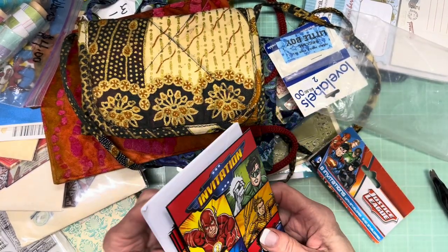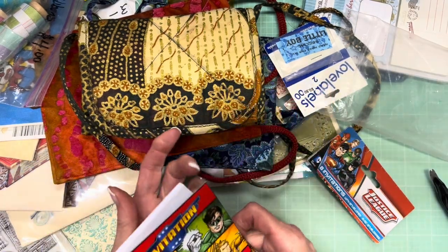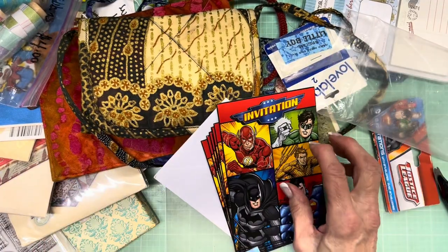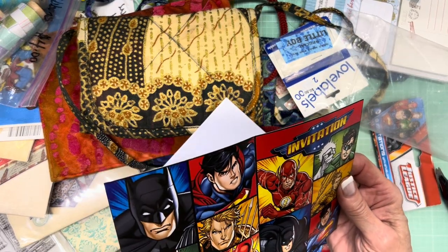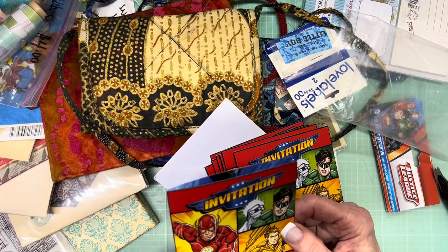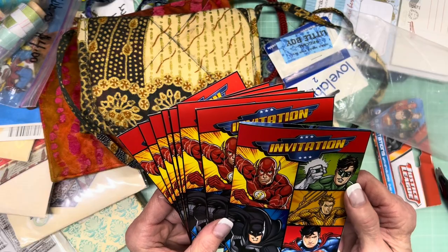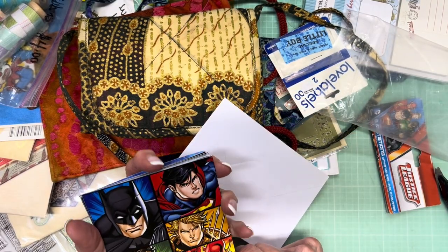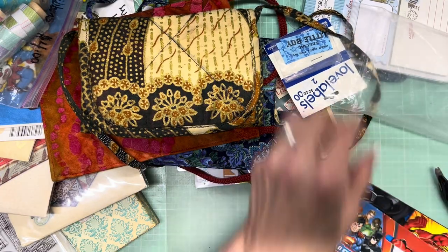Okay, so you saw that was a brand new package of Justice League. Oh, why is this different? Oh, they folded it the other way so you could see what the inside was like. Like, I don't know who all these guys are. I know Batman and Superman, of course. But again, it's one of those things. The colors are so bright. If a person needed some masculine stuff